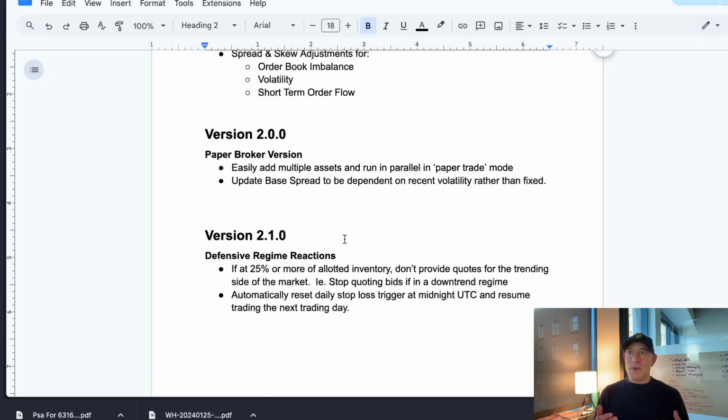But what I was seeing was when the selling in these cases got really high, I was still accumulating a lot of inventory, even though I was quoting lower than I otherwise would have, or not refreshing my quotes if my bid got hit. So I said, what if instead of doing this, because the strategy seems to be doing really well in range bound markets, I just try to really minimize the time and the amount this thing is in the market